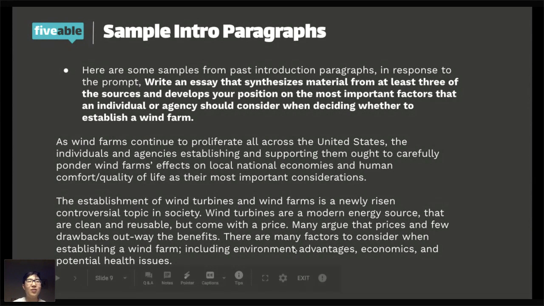So it shows that you don't have to have the most developed introduction in order to get all 6 points. And just because you have a longer paragraph doesn't mean you're guaranteed to get a better score. Remember, AP English language is all about quality over quantity. If you're writing 12 body paragraphs and none of them are very developed, it's worse than just doing like 2 really developed body paragraphs. It doesn't really make sense.